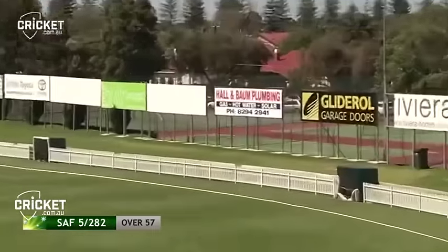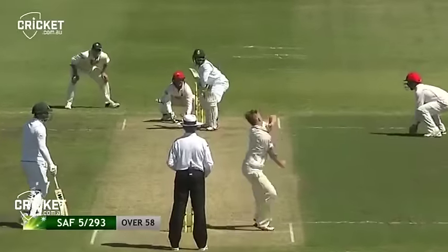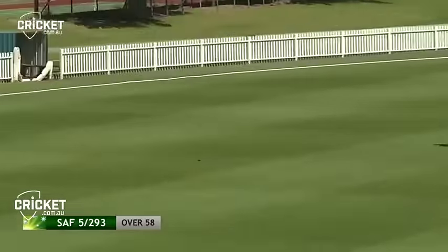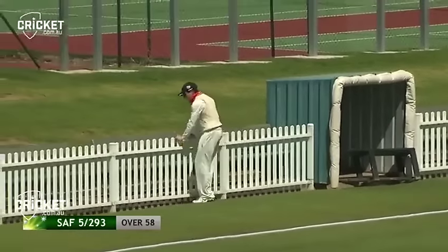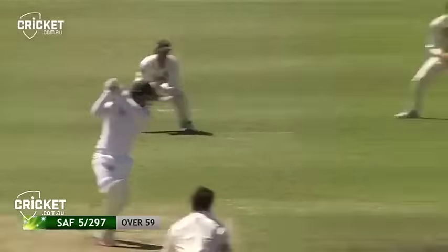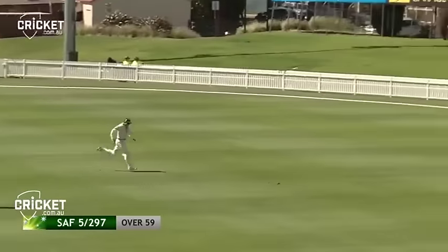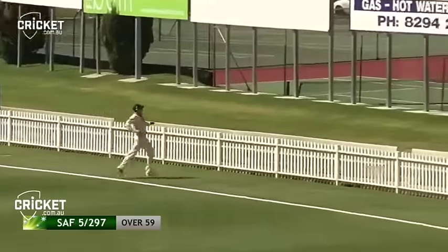So he may not have got away as quickly as he would have liked, but now he's off the mark and he goes bang. Oh. And struck through cover, and that's really well struck from Temba Bavuma. That's going to be 4 as well. Really good shot. For Victoria. Smash through cover again. De Kock onto the front foot, just so well balanced there, and that's 4 more